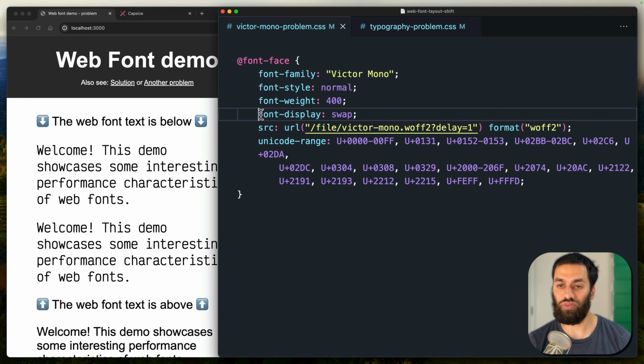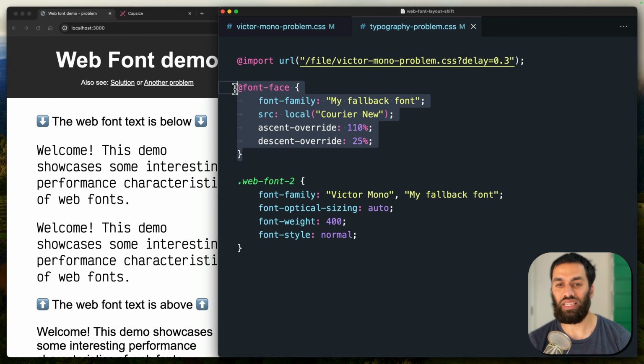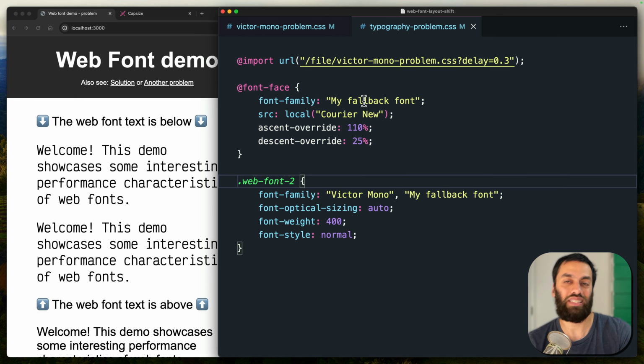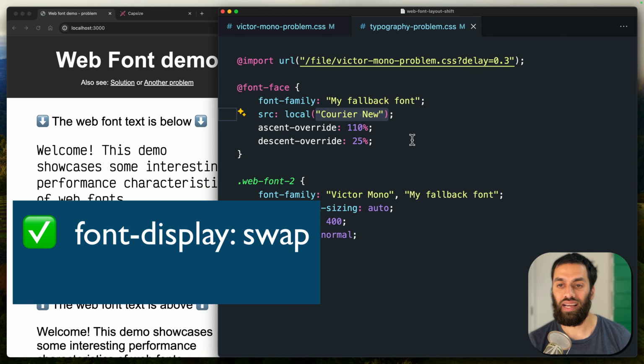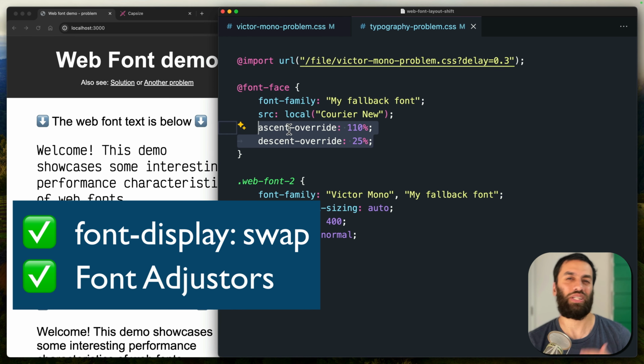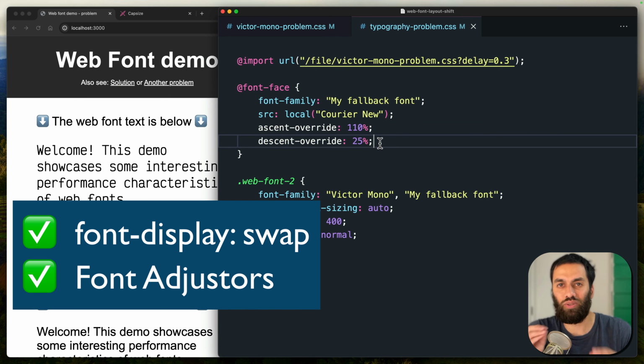We didn't just do font display swap. We also pretty much duplicated this font-based declaration and tracked it over here, but changed the web font to basically be a fallback font. And that is, helpfully called my fallback font. That is a system default font which closely resembles the web font in question. And then finally, we added these font face adjusters or descriptors to apply these very subtle changes in the way